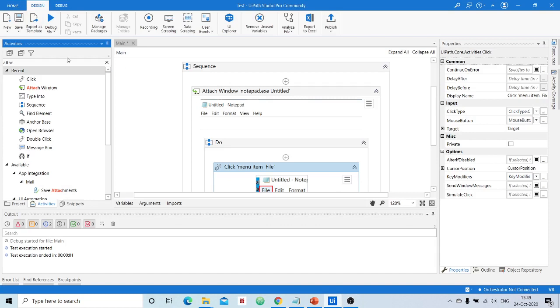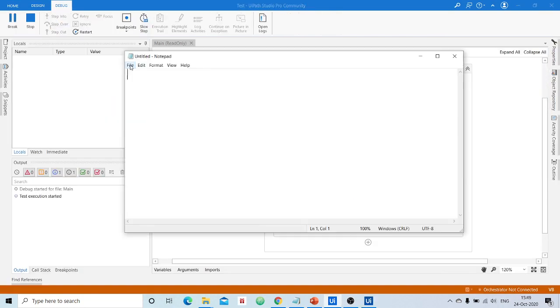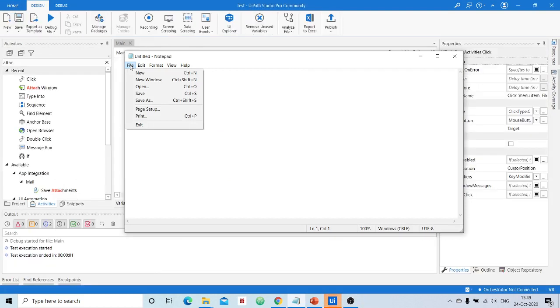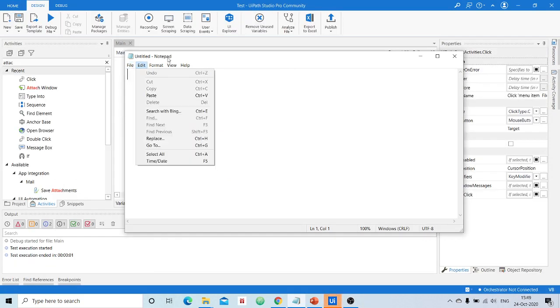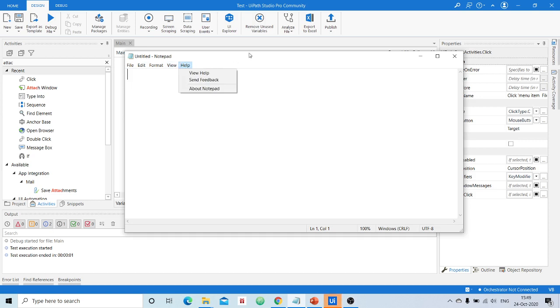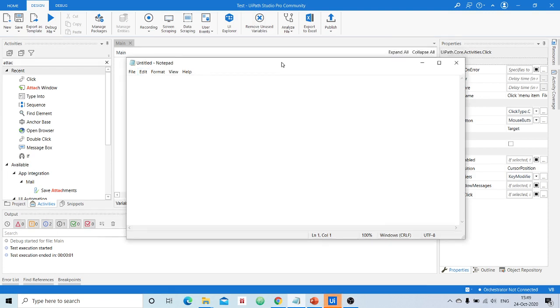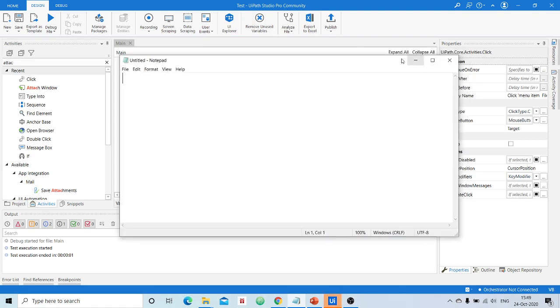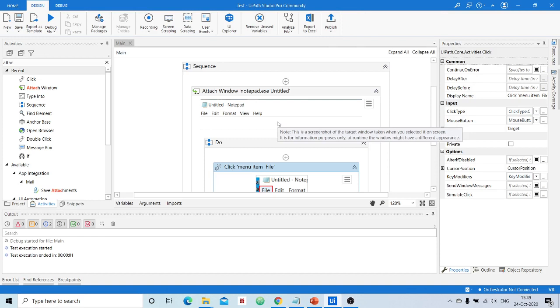Now let us check whether the robot will do the task. See here, now the robot has identified the notepad application, and then it has clicked the file option in that particular application window, right? This is one simplest example of attach window activity.